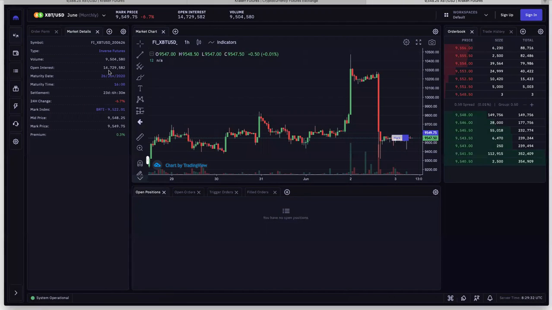And what you'll see over time as that monthly contract comes close to expiry is the people in that contract will roll their position over to the new quarterly. So you'll see the quarterly pick up a good portion of that open interest as the people with longer term positions move them from one contract to another. And you tend to see that the quarterly has a bigger open interest than the monthly in general.